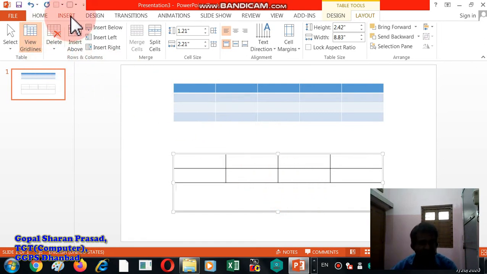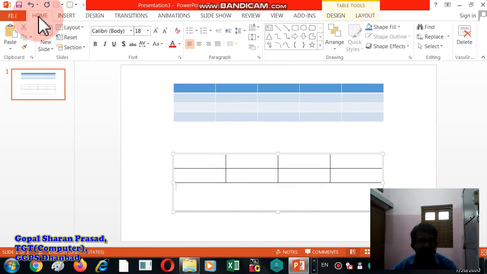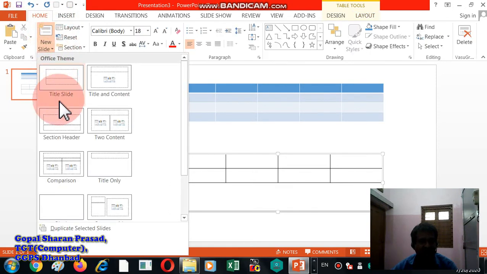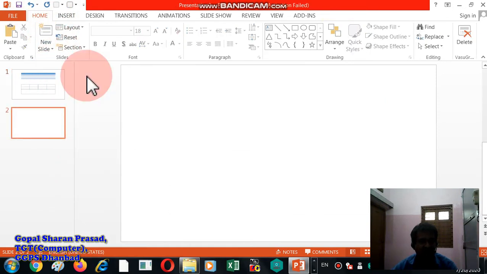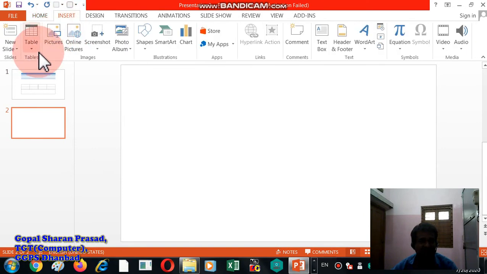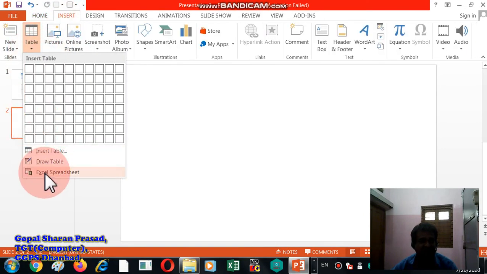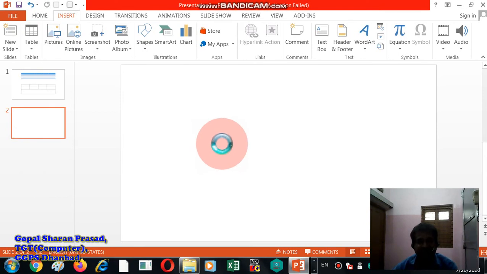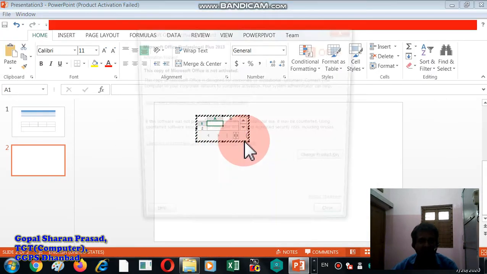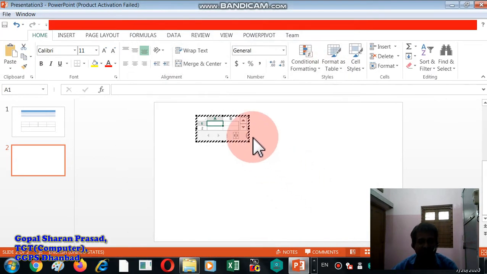If you want to insert the Excel spreadsheet and do calculation, you can also do it. Let us add a new slide, blank one, this one. Insert table, Excel spreadsheet. Write the data first if you want the calculated one.